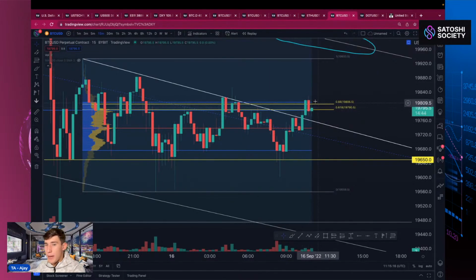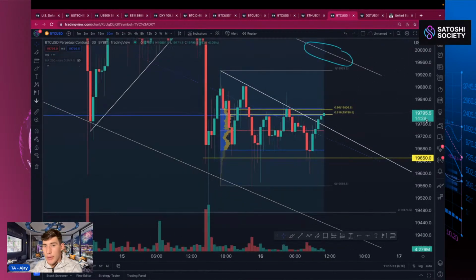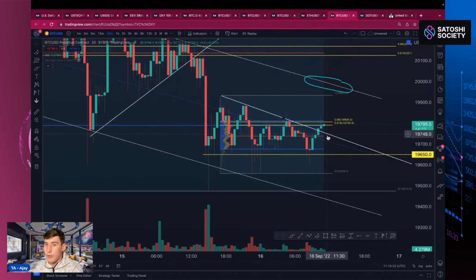But confirmed bounce from here, I would be going long. If not, if we do come back down to this previous resistance, now support level, I'd be looking for the confirmed bounce there to then take that long position. And just going through that again, if we do go long there and if we do get that confirmed long there and we do come up to the price target at approximately 19,930,